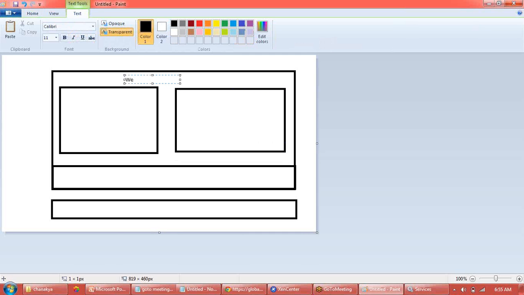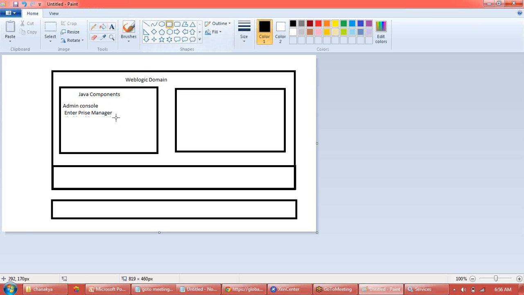So this is called WebLogic domain. This contains so-called Java components, which contains admin console, enterprise manager, and this has a few more components